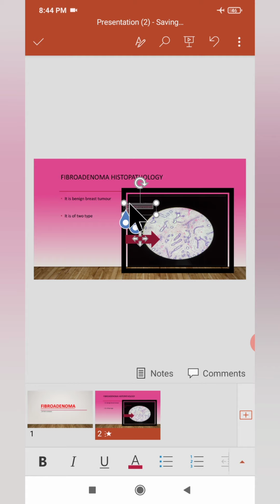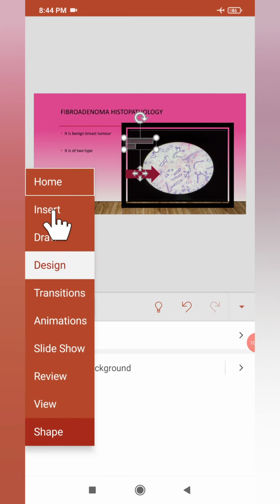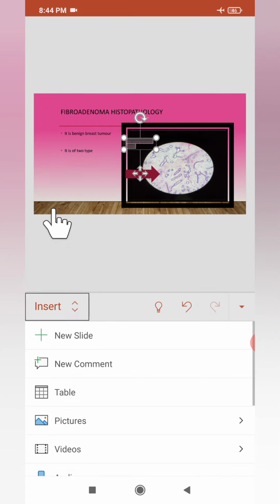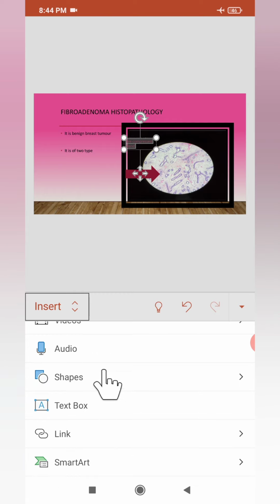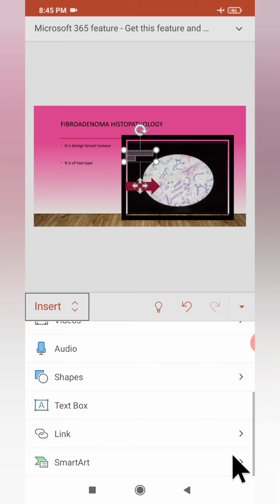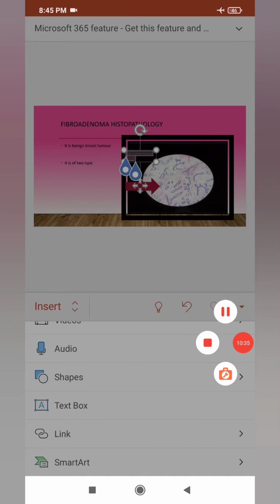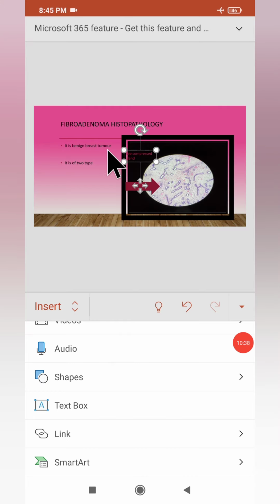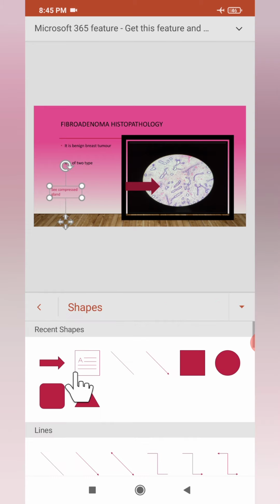All right, now guys, we have the smart art option as well here in this particular application. Suppose I am pressing insert, and then by clicking on insert we have one option of smart art. And guys, you can choose a different location for the text box according to your convenience. You can change the location of this particular text box, right?